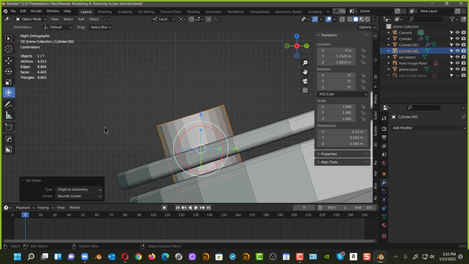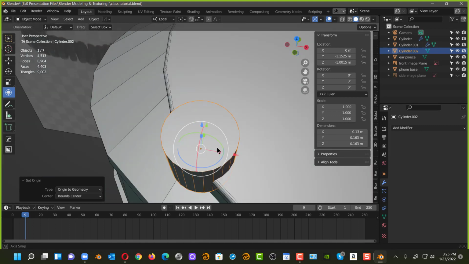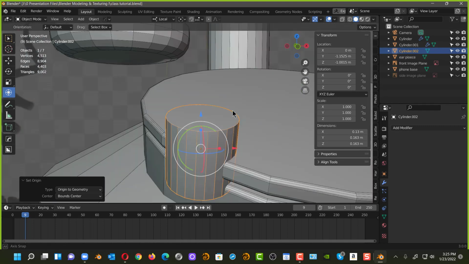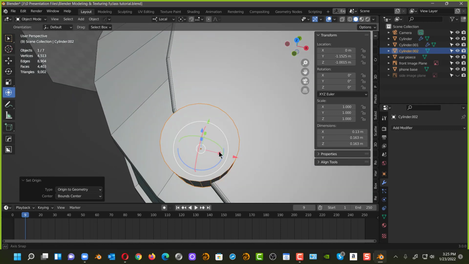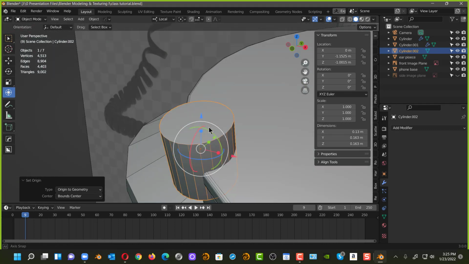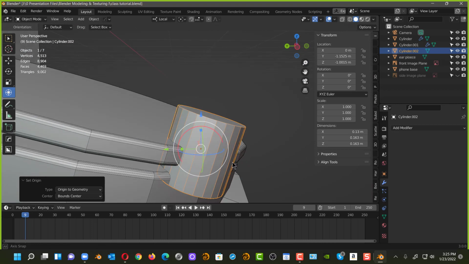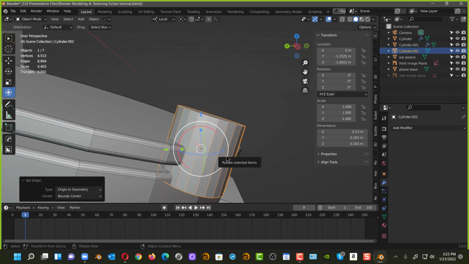Now here's where it gets tricky. I only have one of those, right? So take a look at my origin. If you want to reset that origin so it's aligned a little better with your object, it has to be done in edit mode. So tab key, edit mode,